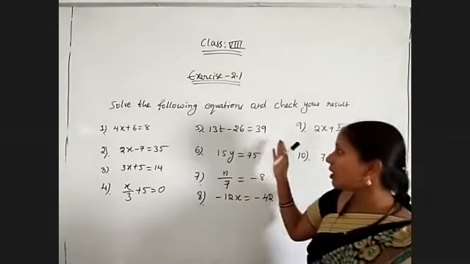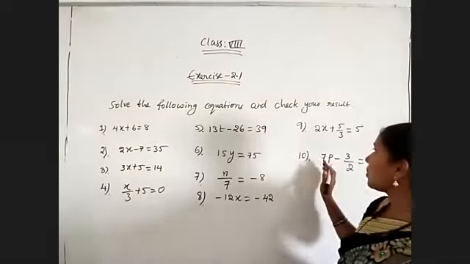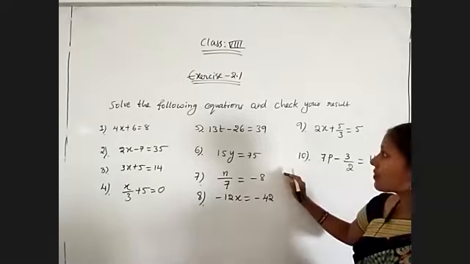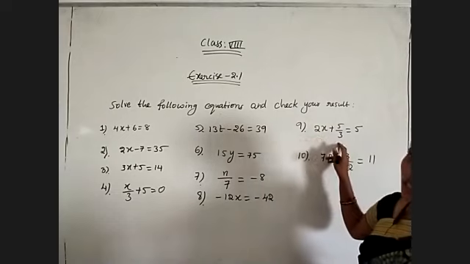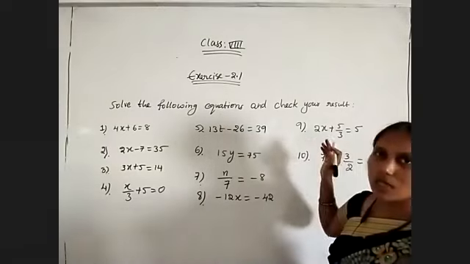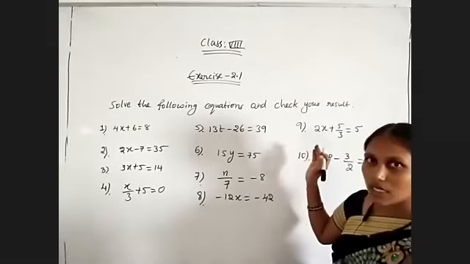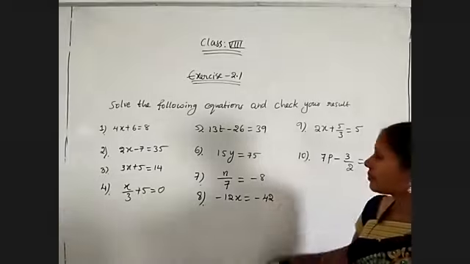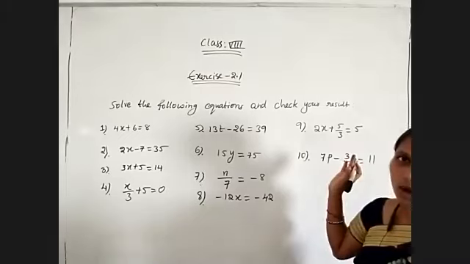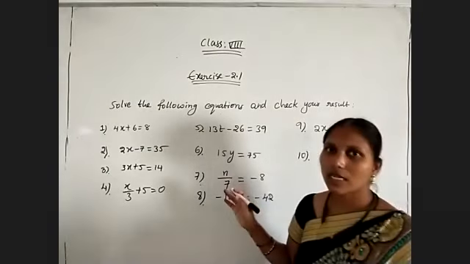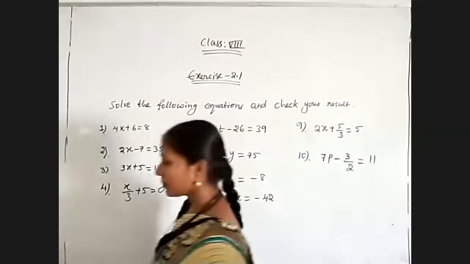Because we have the variable on only one side here, there is no difficulty in simplifying this type of simple equation. Why am I calling it a simple equation? Because only one variable is there in all these equations. So all these are simple equations also. A linear equation in one variable is a simple equation. Now, completely practice these problems and check the result. Do all these problems by using the transposing method only.